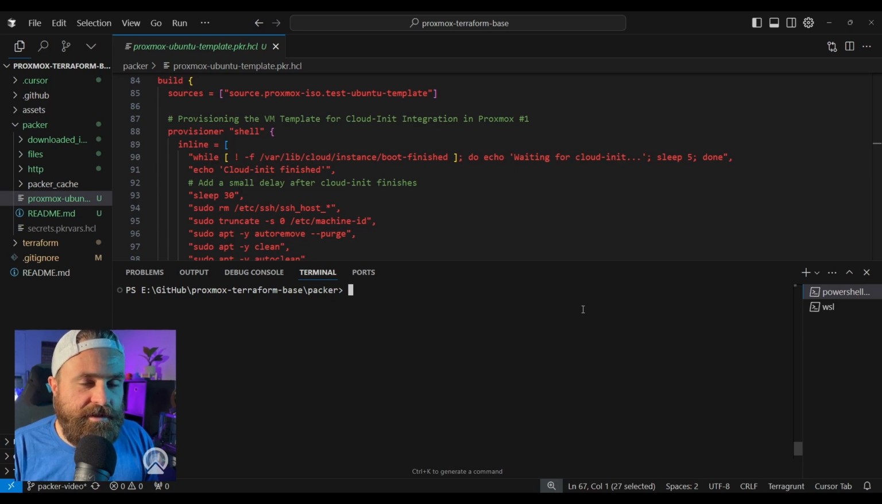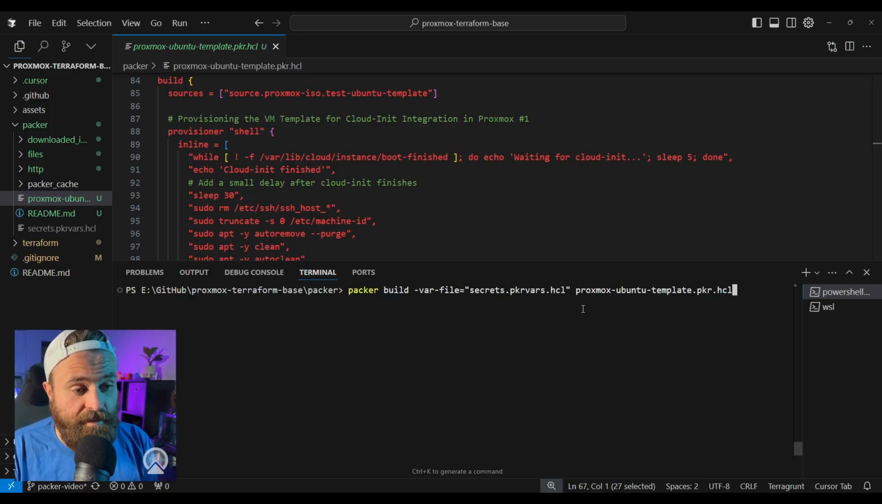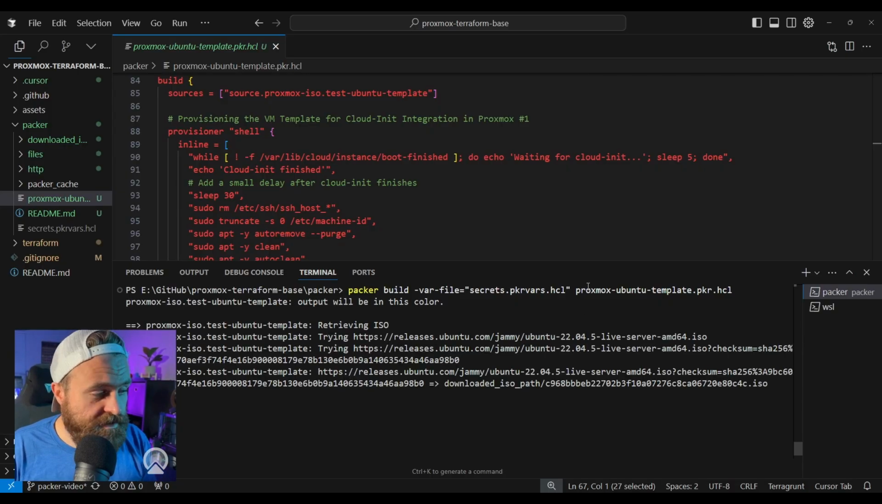The hardest part is going to be screen sharing and doing demos like this. Anyway, quick aside. So I'm going to run Packer build. I'm going to reference my variable file, which includes my secrets, and then point it to the Packer file that has everything I just set up, and press run. This is actually going to take a little bit of time, but